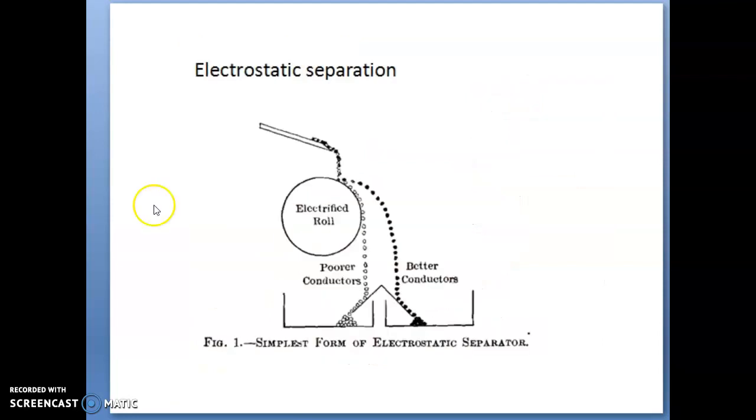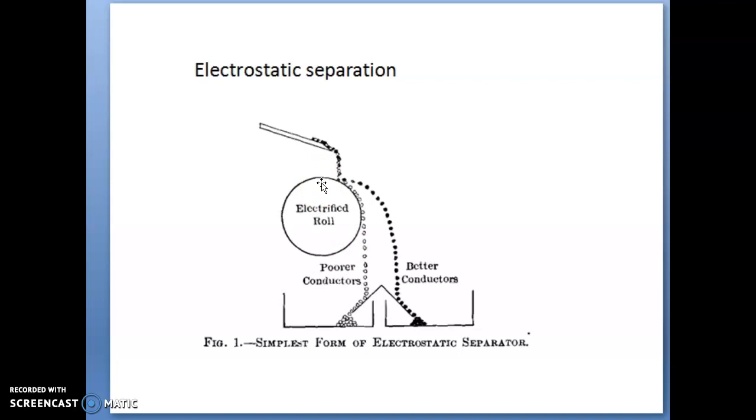And the next one is electrostatic separation. In this method, we have already told that the ore material contains mixed types of metals. One metal can be charged by an electrostatic field, and the other metal cannot be charged. In that method, we have to grind the ore particles and pass the ground ore through the electric field.